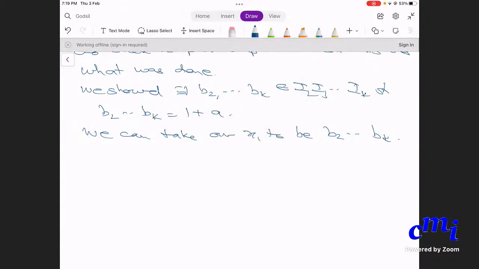We have the following corollary, and this is a very important corollary. The important corollary says in a ring R, if the ideals I1 up to Ik are pairwise co-maximal,